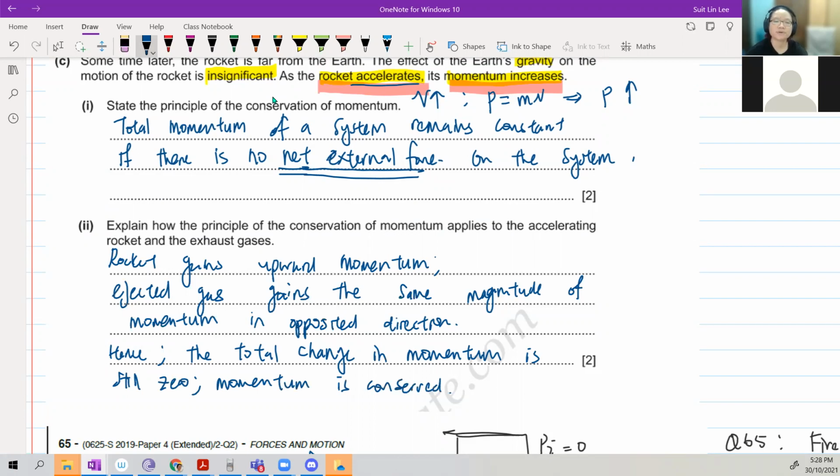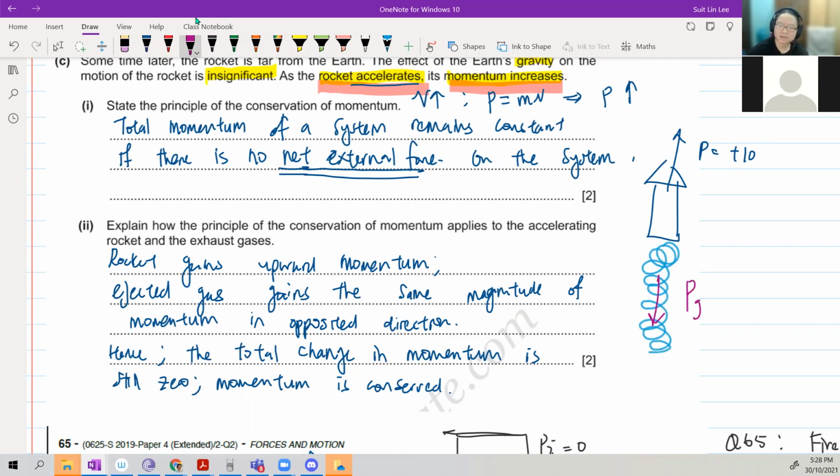All right, so momentum still stays the same. When the rocket goes up, this momentum will increase. Let's say this momentum plus 10. Plus 10 units. I don't know what the unit is, because actually it's probably plus a lot more than 10. Then the gas shoots downwards. So the gas that is being shot downwards has a momentum of negative 10. So the magnitude is the same, 10 and negative 10, but in the opposite direction. So the total change is still 0 because plus 10 minus 10 is 0. These are all vectors, right? So the direction matters.